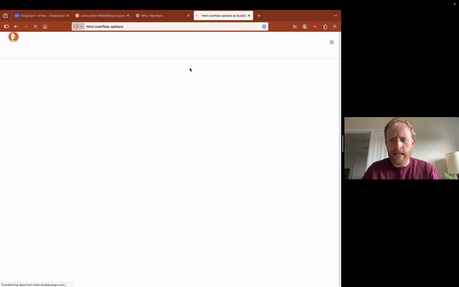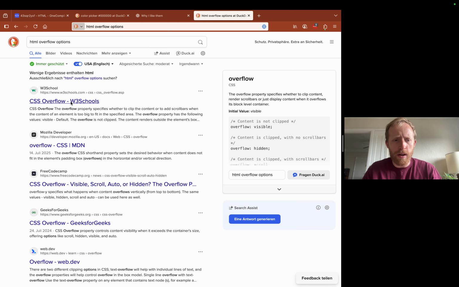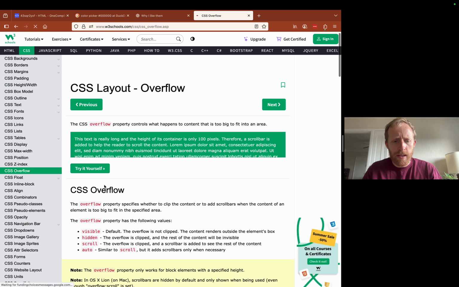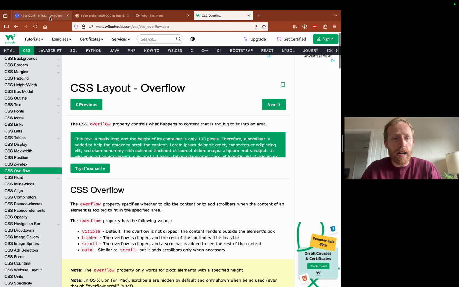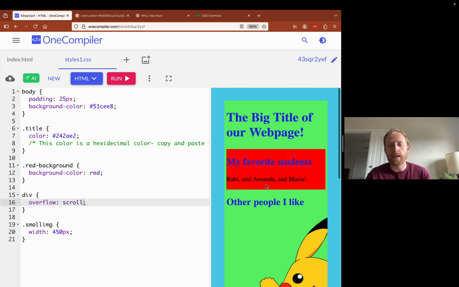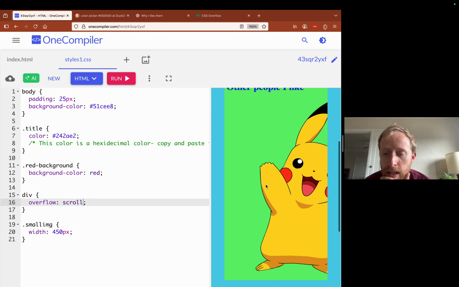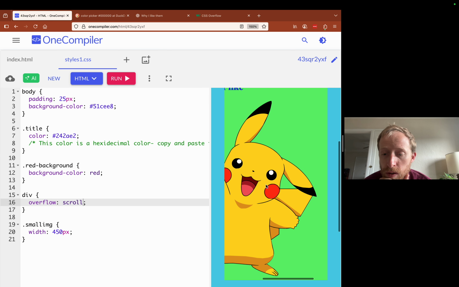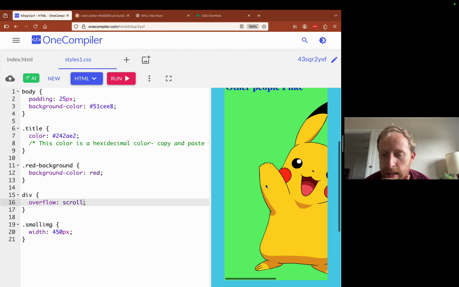And then you can see what they are. I think there's a scroll one. Visible, so that the default is probably visible. Yep, so that's what it was. It was visible by default. Another option is scroll. So now our div's too big, but what I can do, instead of it being hidden, I can scroll within this div. So there's 4 options there.